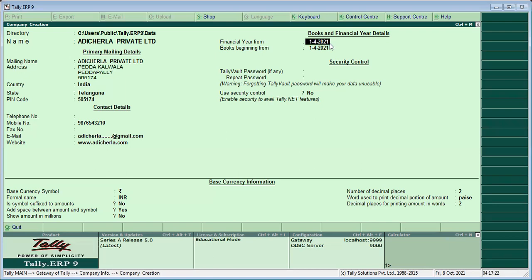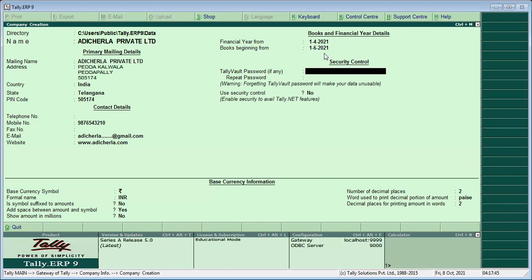So books begin from, for example, you can open books from the same date, or you can modify it. You can write the books from a different date also. For example, 1st June 2021, I am opening my books.